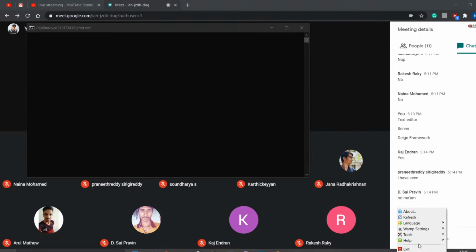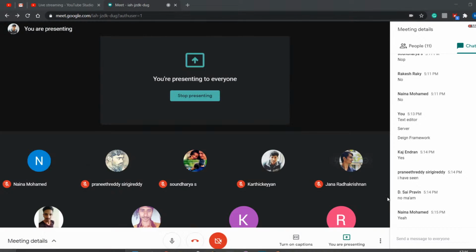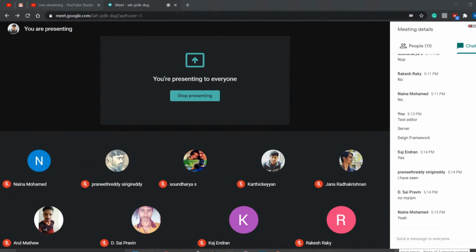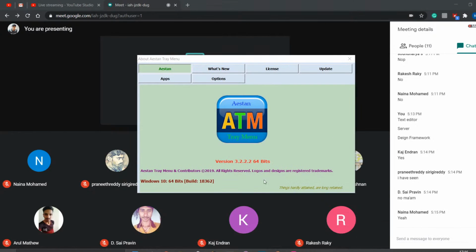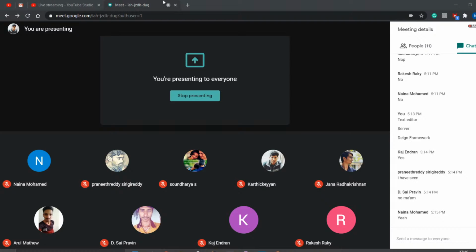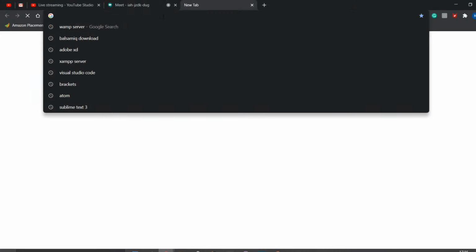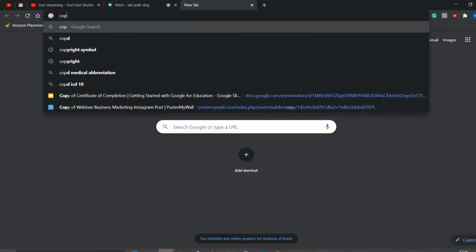You have to make sure that it turns green, so just wait for a while here. Yeah, now it's perfect. I think there was some network issue, so it wasn't turning green.